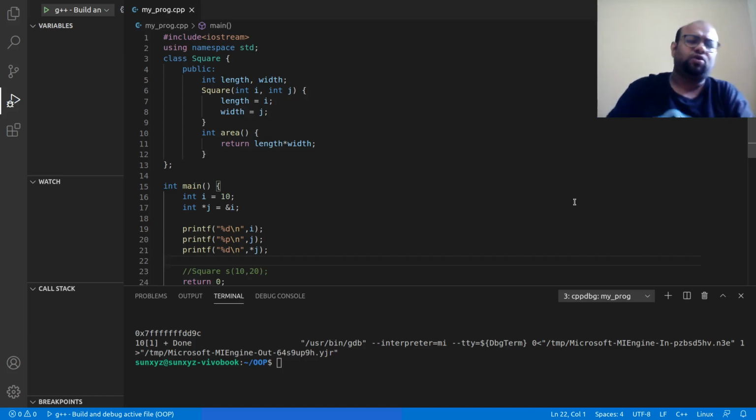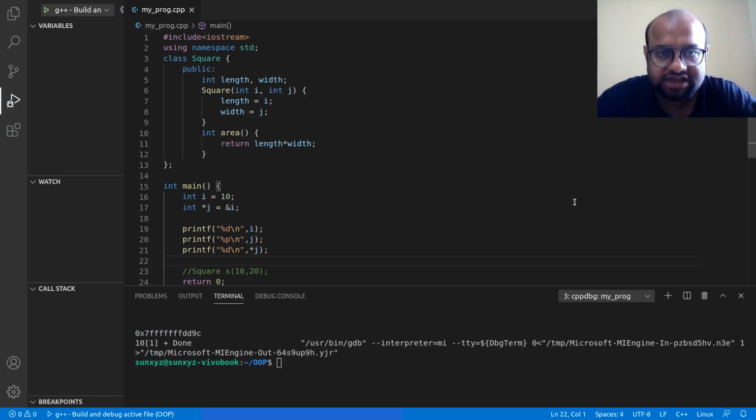Let me go ahead and execute this program. What do you expect is going to be the output? In line number 19, I am printing the value of I. Straightforward. It should print the value of I, that is equal to 10. In line number 20, I am printing j.